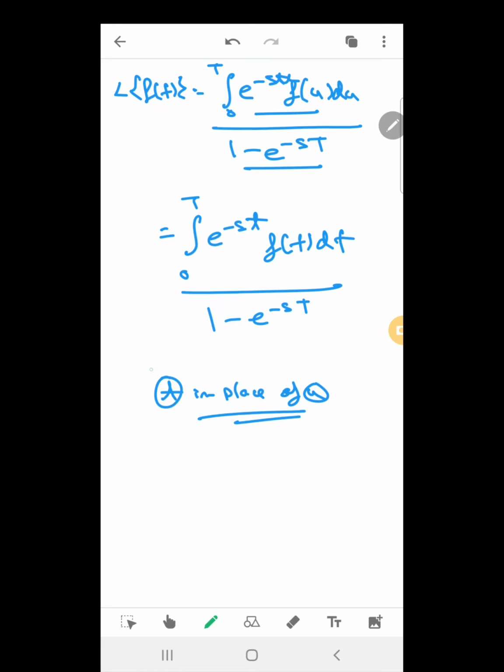Clear? While speaking and writing this down, often there's a loss of focus, loss of concentration, and sometimes you make some mistakes. So please correct them, because when you are going through each and every step, you can already judge where I have made mistakes. There will be no t in the previous page, everything will be u, because we have substituted t with u plus capital T. Got it? So this is the final answer. Clear? Got it?